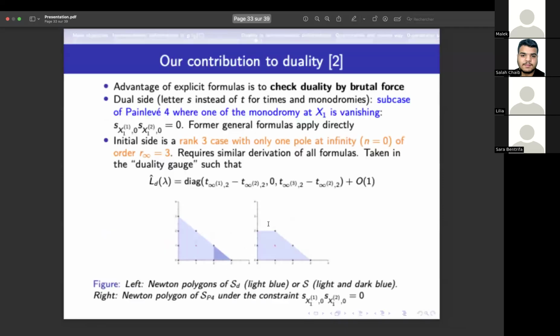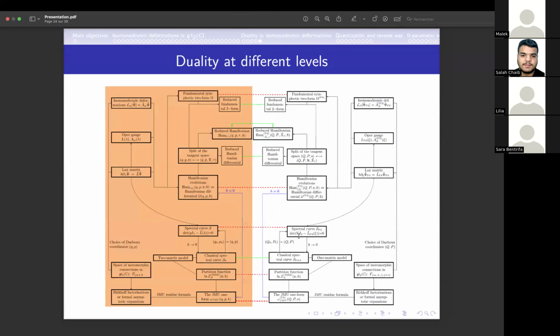However, for us, we consider the polar structure of r infinity equal to 3 in the rank 3 case. And this is what we were able to prove. We were able to prove that two structures under the identification are the same. And the result that we had was this, actually, this is a huge table. So one side, it's the GL2 connection. The other side is the GL3 connection. And we built literally maps, dualities